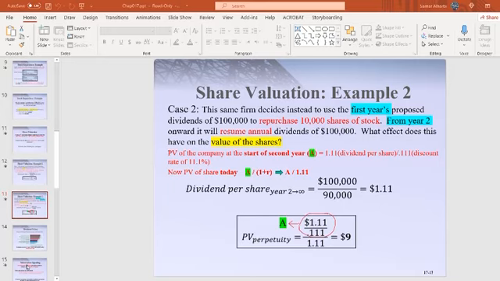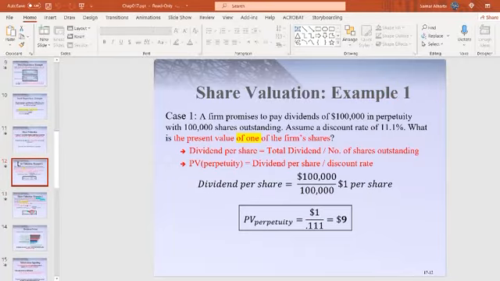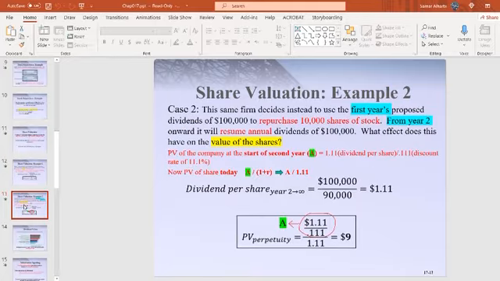So in the first year, they want to repurchase. In the second year, they want to go back again to dividends. Now, let's start with the dividends in the second year, because this is actually easier, because we know the first calculation from the previous part, yes? So it is similar to it. Now, how many dividends are they going to distribute? $100,000 in year two, right? This is mentioned in the question.